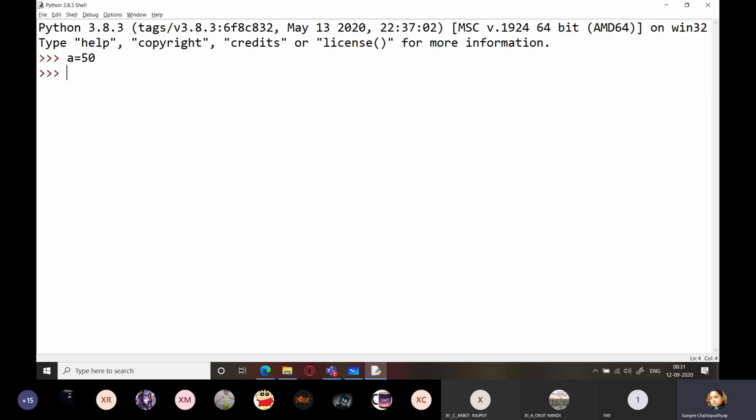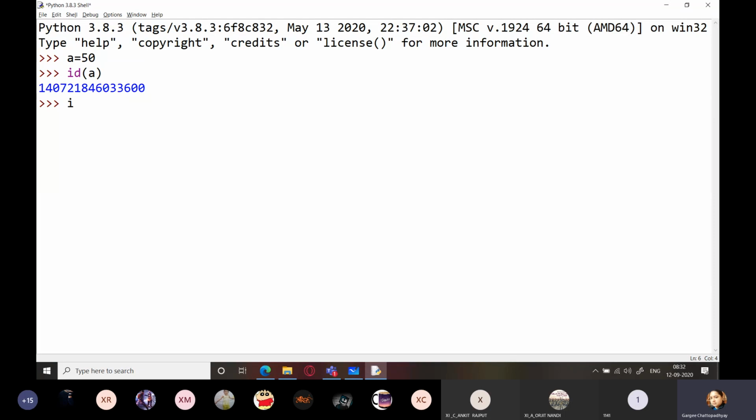So I'm going to type ID(A). You can see this very long address, depending upon the memory of the computer. In your computer, you might get a very small value, but in my computer, I have 8 GB of RAM. That makes so many bytes. If you convert 8 GB into bytes, you'll get a lot, right? So that is why I'm getting a very long memory address over here.